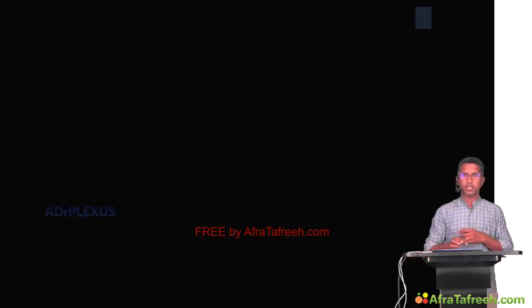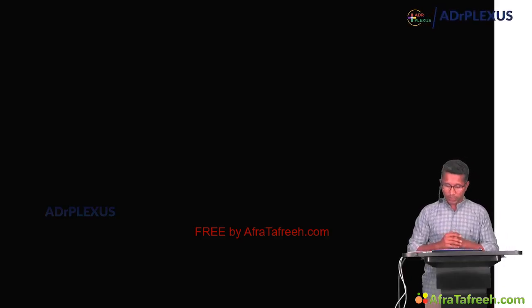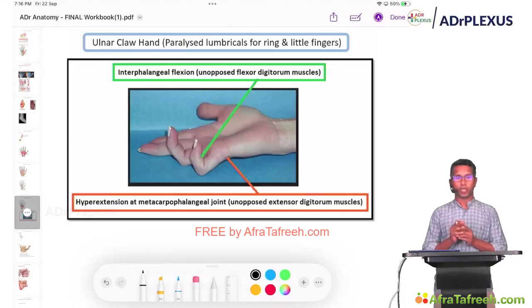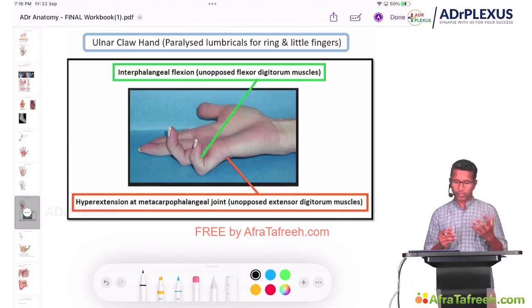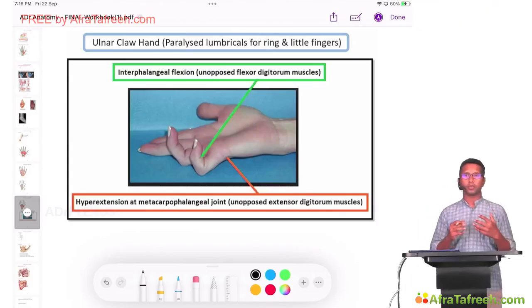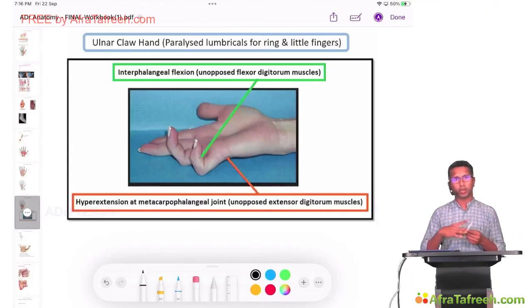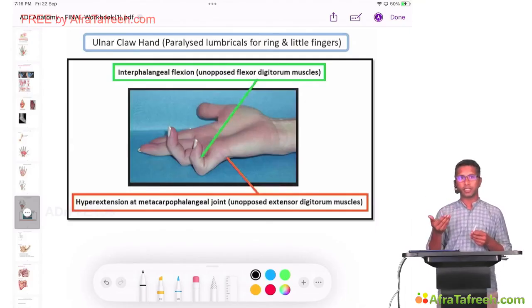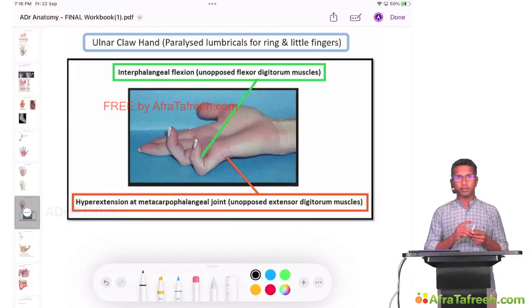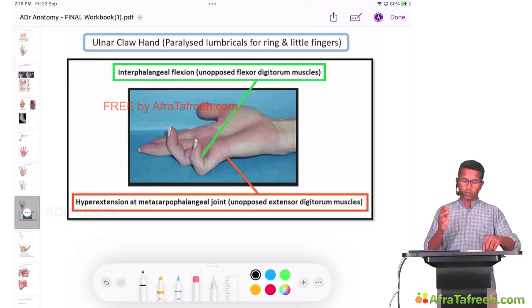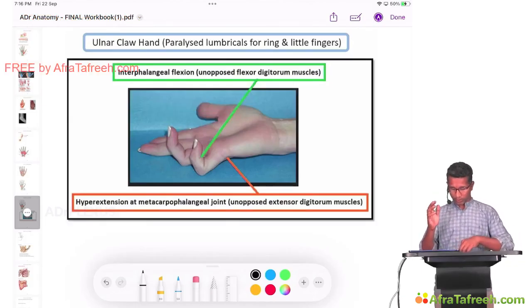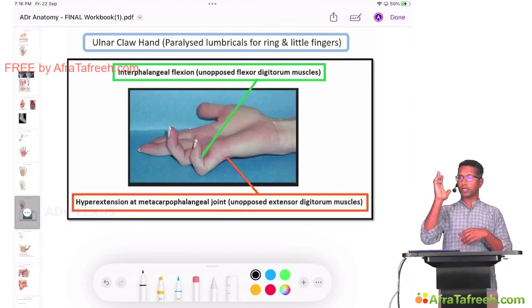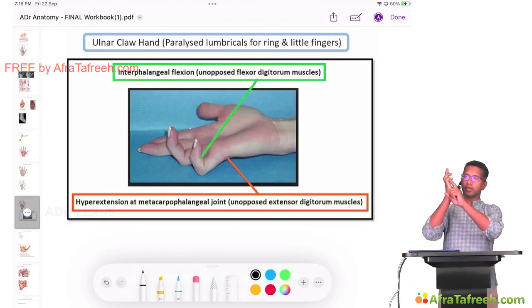So this is called the ulnar paradox. I hope you have thought about the ulnar paradox. What is meant by ulnar paradox is that normally, the higher the nerve lesion, the more the deformity, but in the case of the ulnar nerve, the higher the nerve lesion, the less the deformity, and I have told you the reason for it. See, to get a claw hand,